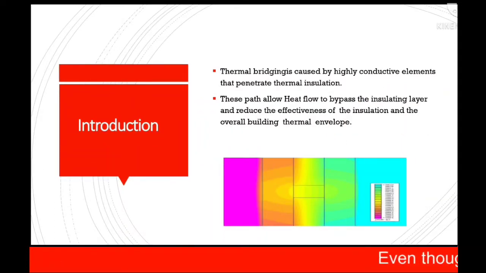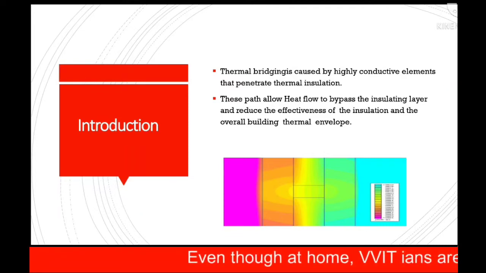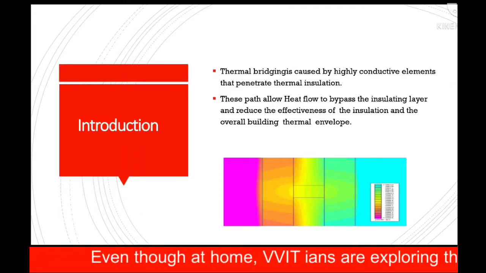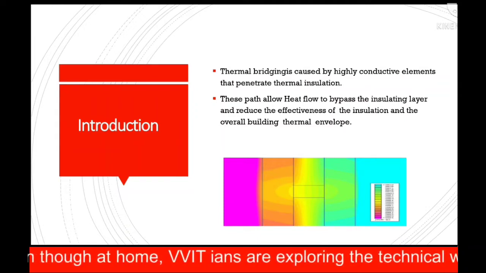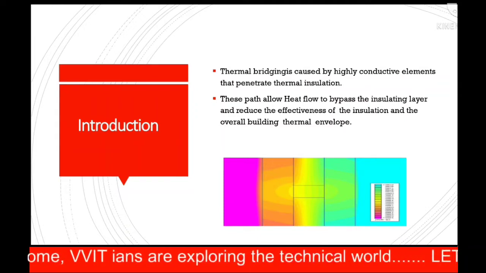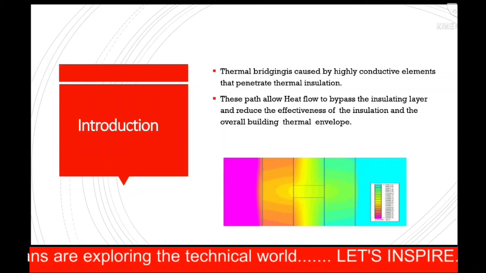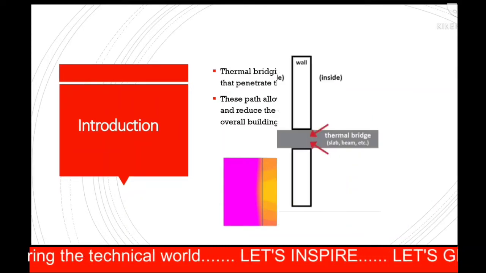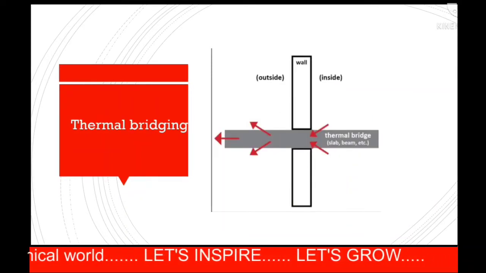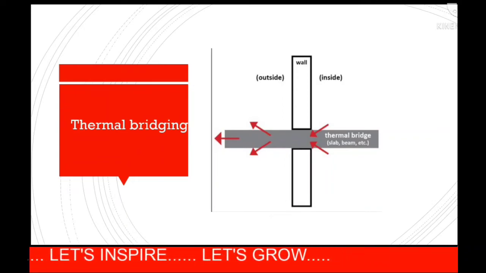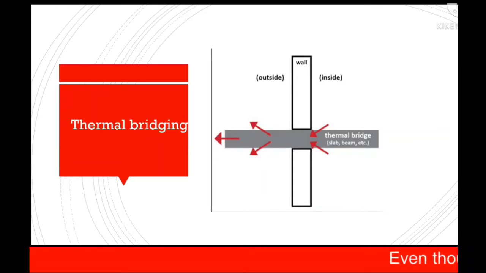Introduction: thermal bridging is caused by highly conductive elements that penetrate thermal insulation. These paths allow heat flow to bypass the insulation layer and reduce the effectiveness of the insulation and the overall building thermal envelope. A thermal bridge, also called a cold bridge, heat bridge, or thermal bypass, is an area or component of an object which has higher thermal conductivity than the surrounding materials, creating a path of least resistance for